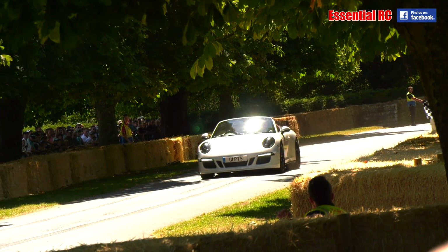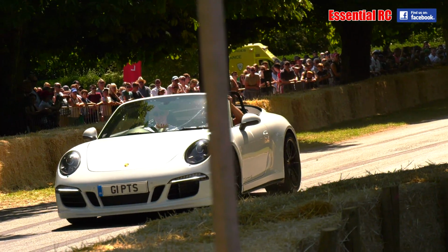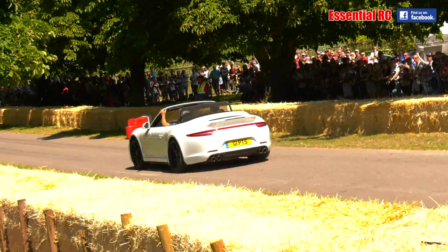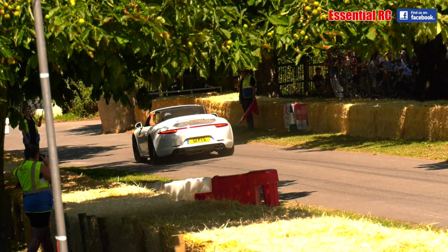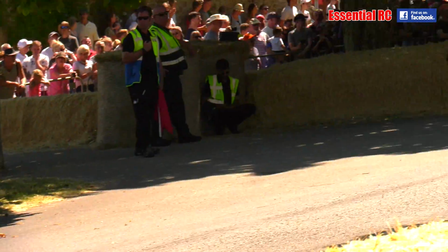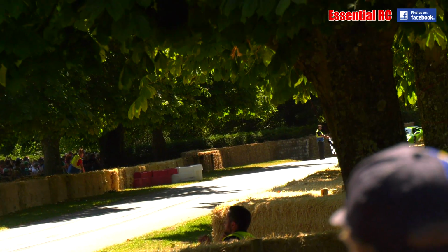Now then, we've got the Carrera 4S coming up here, 4-wheel drive, so this one will get off the mark even quicker. Just complete rip and go in that car, with the engine mounted right over the rear wheels. Now then,